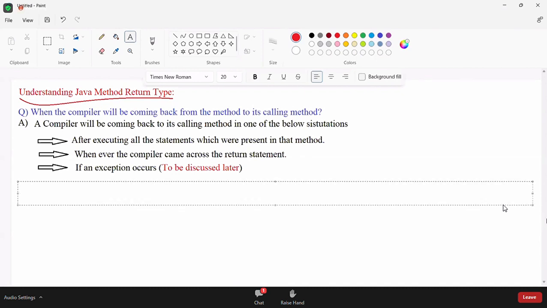Ashok, please check your internet connection. All right, guys, the statement is,